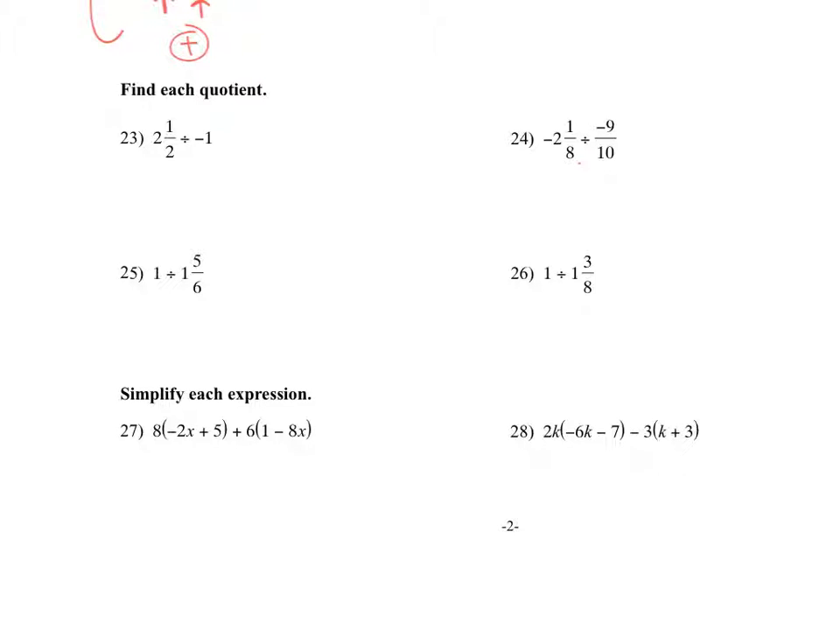I need you to remember that when you are dividing fractions, you keep, change, and flip the sign. What do I mean by that? So let's try number 23. So I'm going to keep, change, and flip. I'm going to keep this fraction the same. I'm going to change the sign of the division to a multiplication, and then I'm going to flip the second